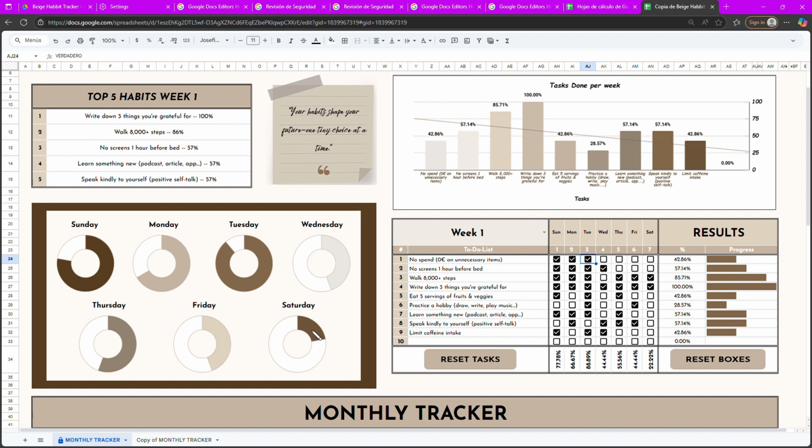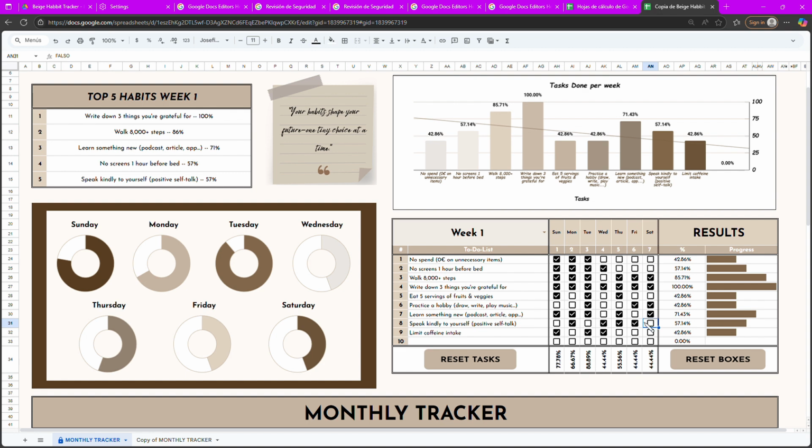So we can see here that, for example, Saturday was the day that we missed most of our tasks. We only did 22%. So for example, let's say on Saturday I mark more tasks that I've done, so that will get all running, so the progress will be completed, or it will just get updated with the tasks that